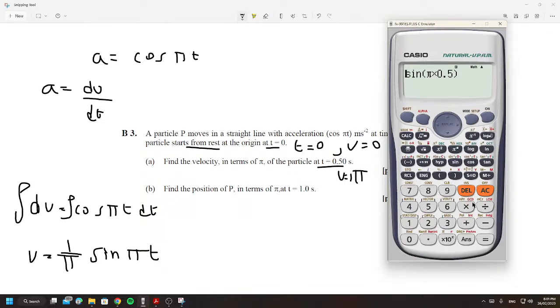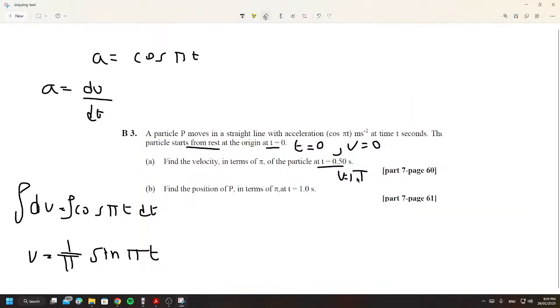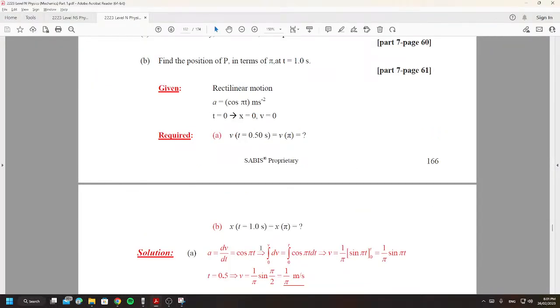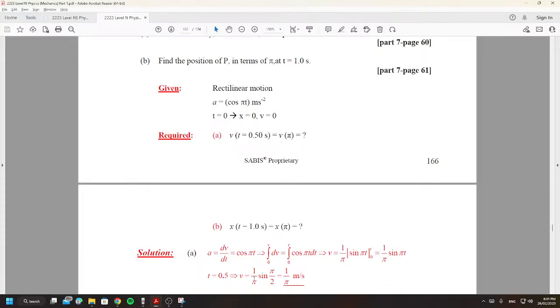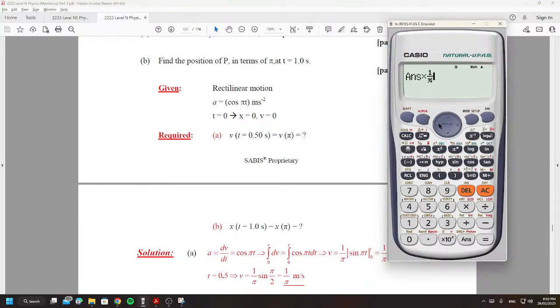So we're gonna erase all this for now. We'll do this times 1 over pi, which is equal to 1 over pi. So our answer is 1 over pi. And that's what they got, right? Yeah, 1 over pi. Let's see what they did. Yeah, so just don't multiply by 1 over pi, just keep it as is, and you're going to get 1, and then multiply 1 by 1 over pi, and you're going to get 1 over pi.